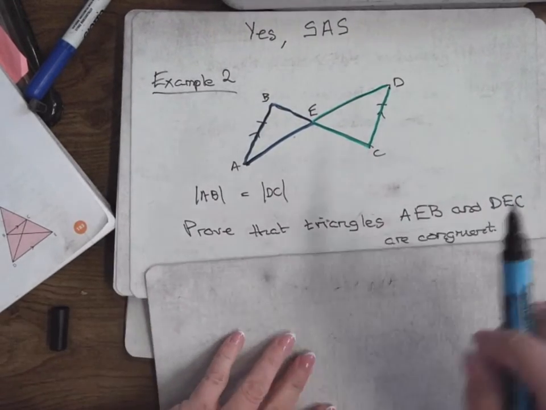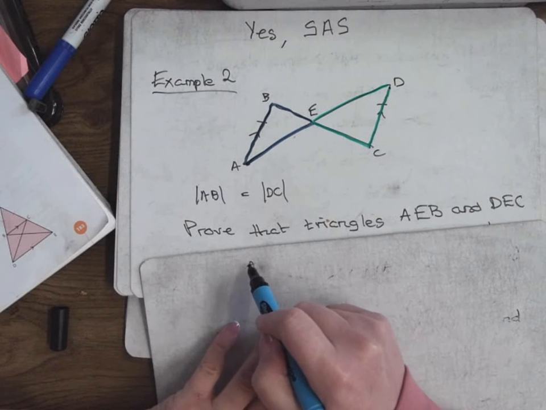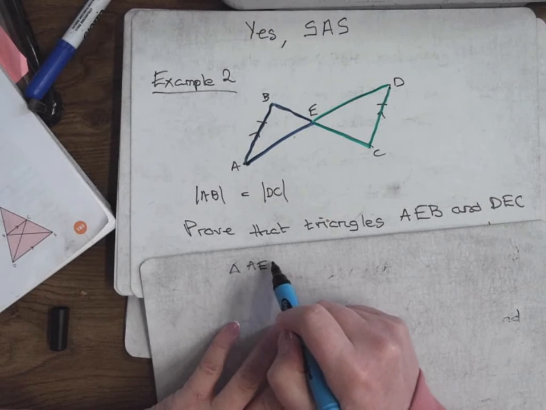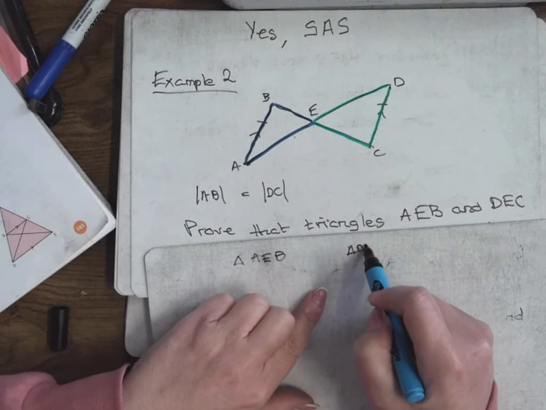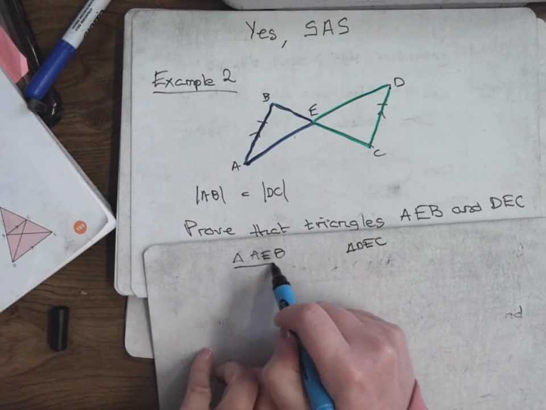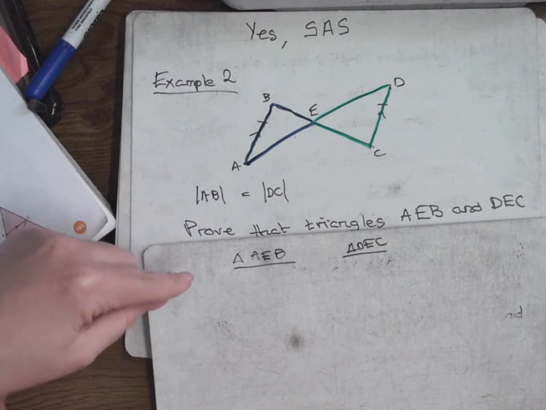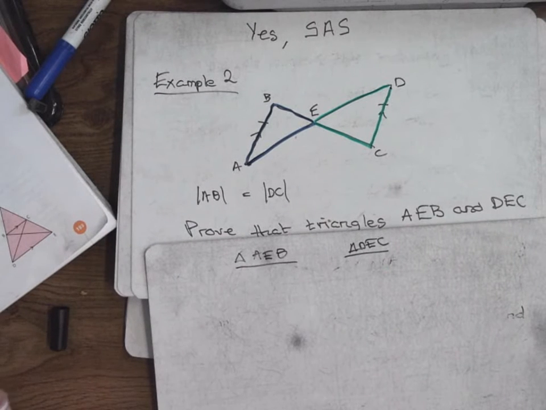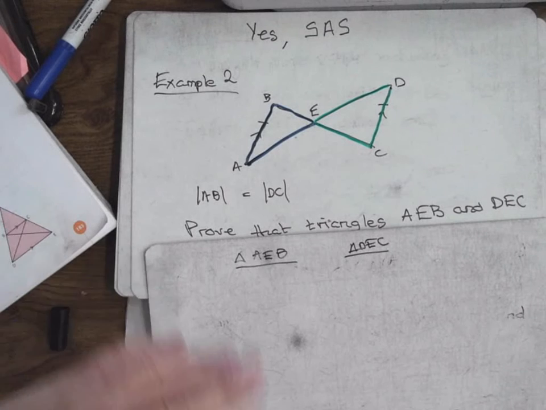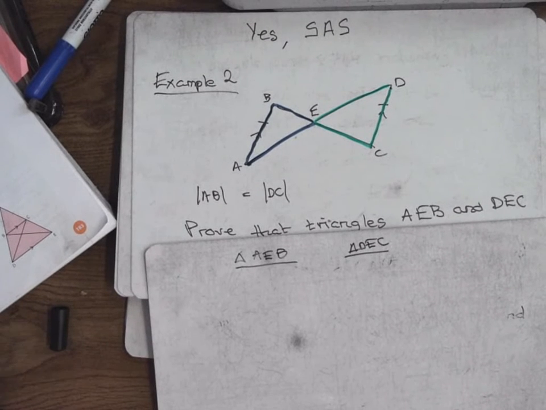So what I'm going to do is put triangle AEB here, and triangle DEC over here. And I'm going to make a list of all the things that are equal. So I'm going to pick one thing in this triangle and say it's equal to another thing in this triangle. Now I don't know if I'm going to go down the route of SSS, SAS, ASA, or HS. I don't know what way I'm going to go yet. So I'm just going to pick things in each triangle and let them equal, and I'm going to end up with a big long list, and then I'll try and figure out, have I enough